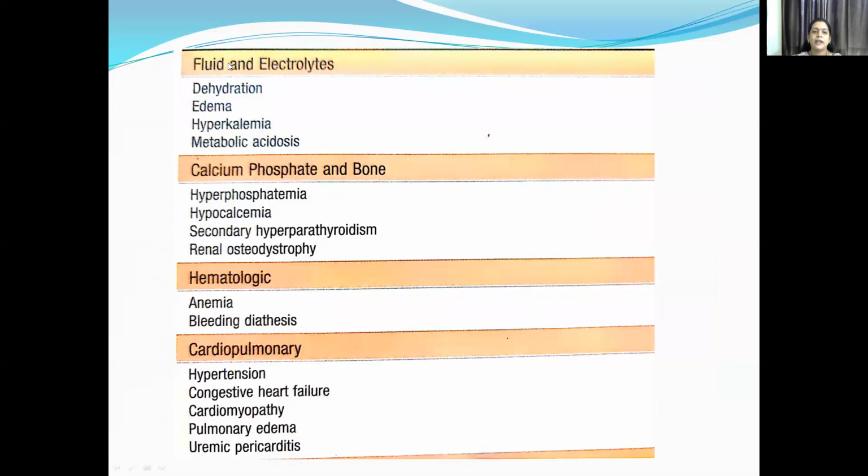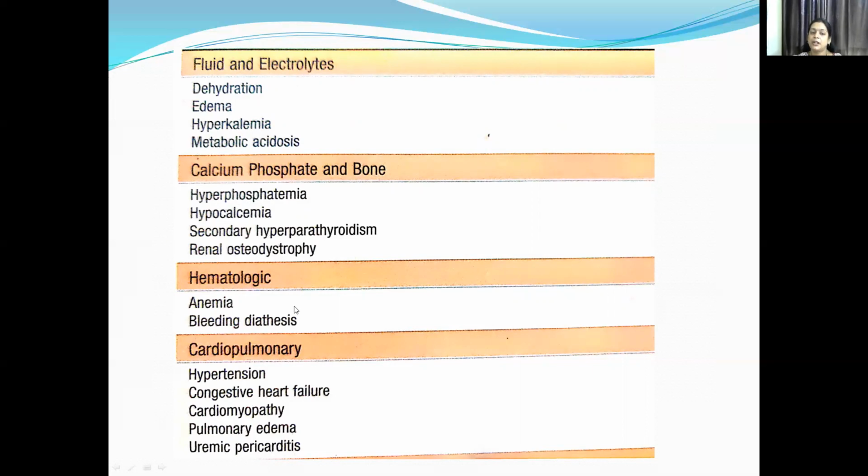body. So here we have the fluid and electrolytes. If there is an imbalance in that, it will cause dehydration, edema, hyperkalemia, metabolic acidosis. Again, the acid-base balance, it helps, so there is no proper bicarbonate in the body. And then calcium, phosphate, and bone. I told you it's vitamin D formation, which helps in mineralization of the bone. If that doesn't happen, and the phosphate is not excreted, it will cause hypophosphatemia, hypocalcemia, secondary hyperparathyroidism, and renal